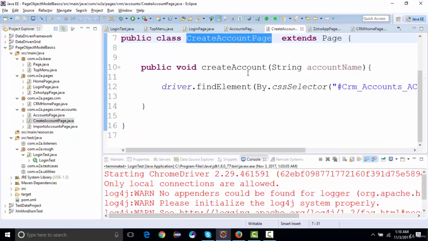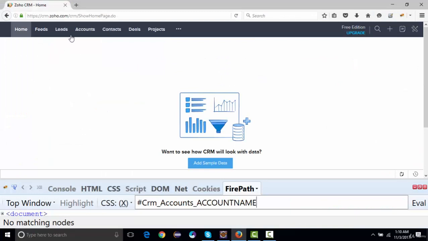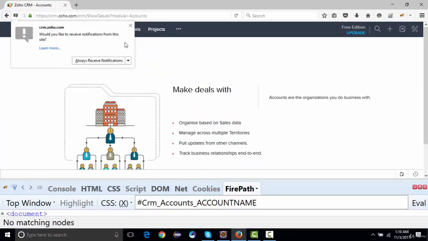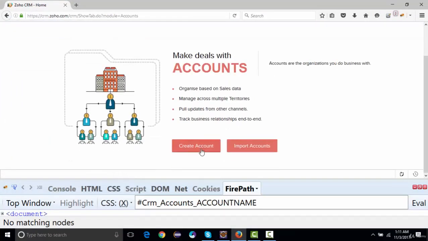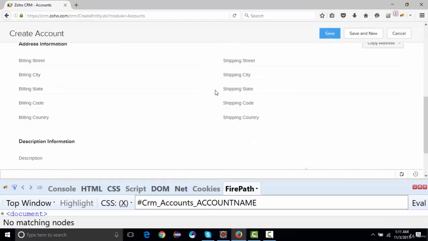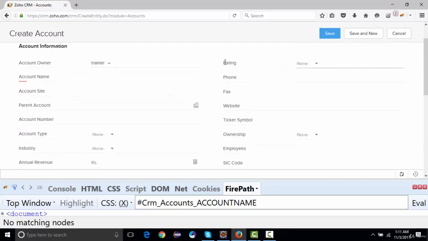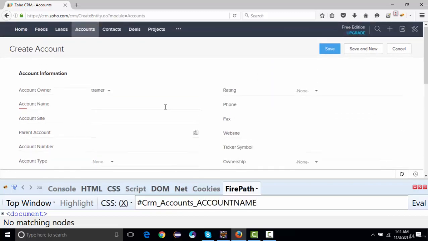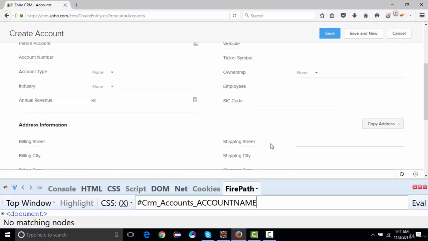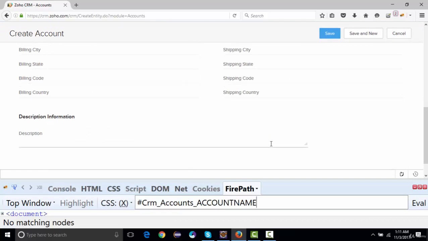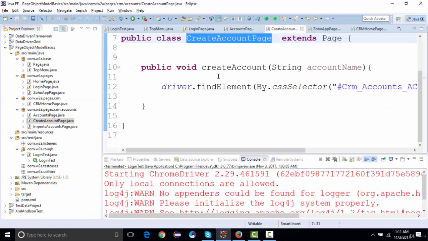Right. And create account, after creating an account, so we have gone up till here so far. So after we fill out these details, whatever next page should come, this method should be responsible for returning